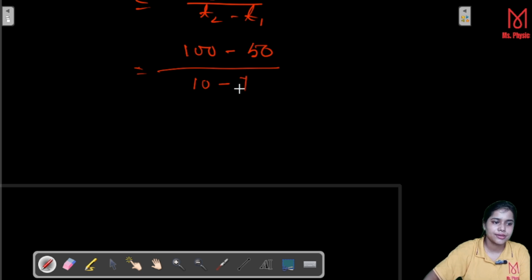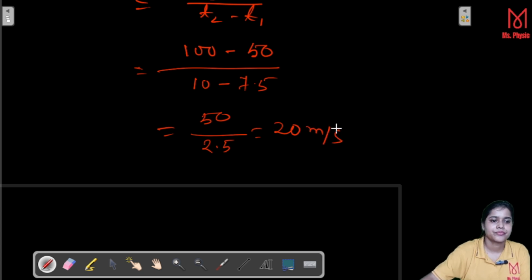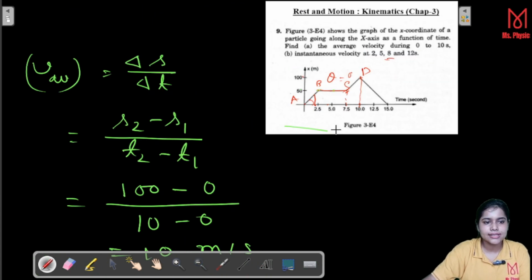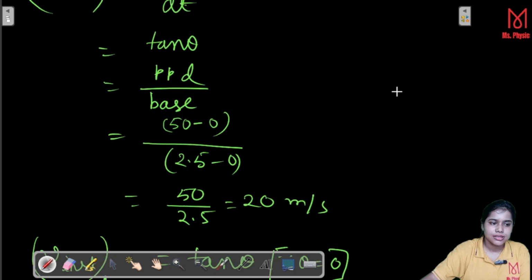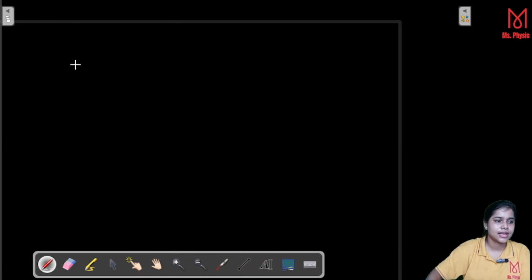So that is equal to 50 over 2.5, which is nothing but 20 meter per second. And the last one is at t is equal to 12 second. That means at this point. So if I give the name E, then for DE we have V instant